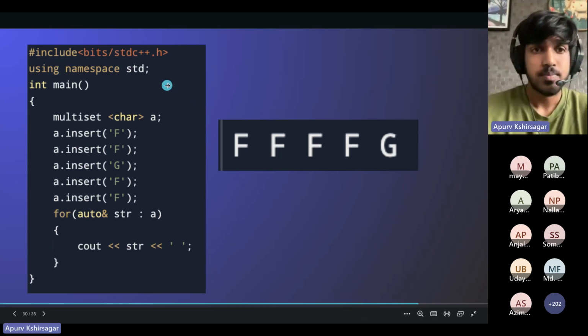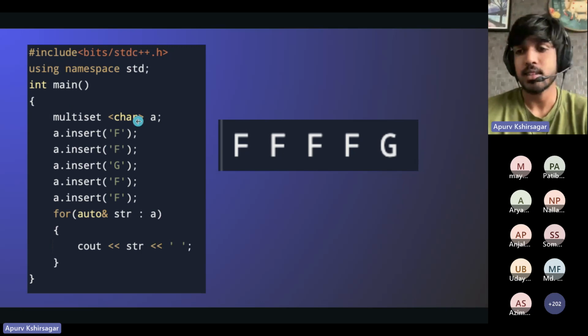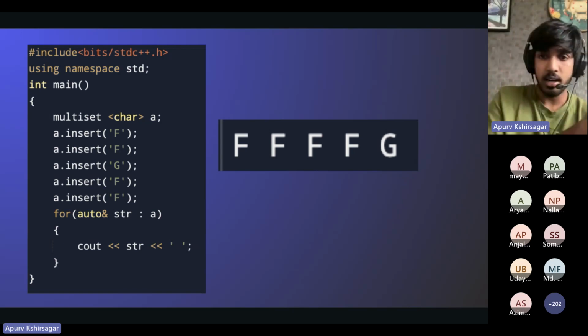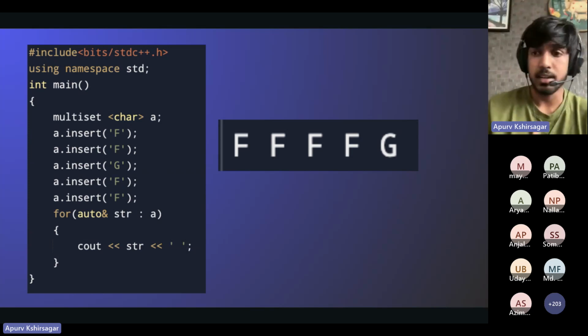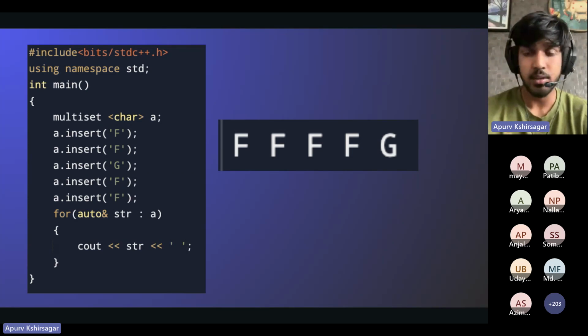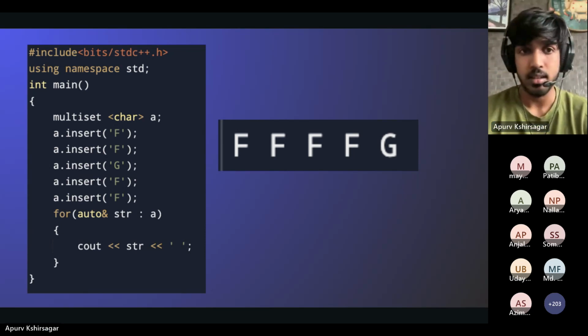With this, I've shown you how multisets work. First of all, how do we define a multiset? It's similar to a set, just the word multi is added. Just like unordered sets, where you add unordered and a small dash, here you don't add a dash, you just add multi. That's the only difference; the rest is everything the same. The functions are the same, and even the time complexity of the functions which we are using is the same in the case